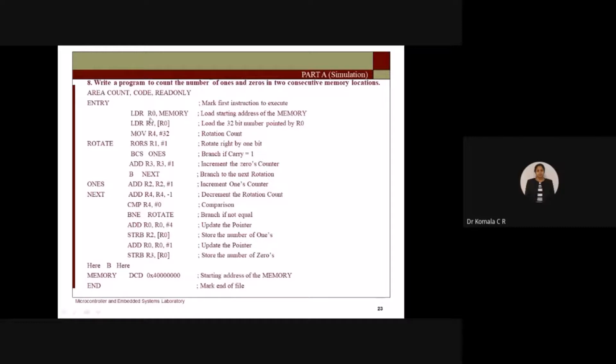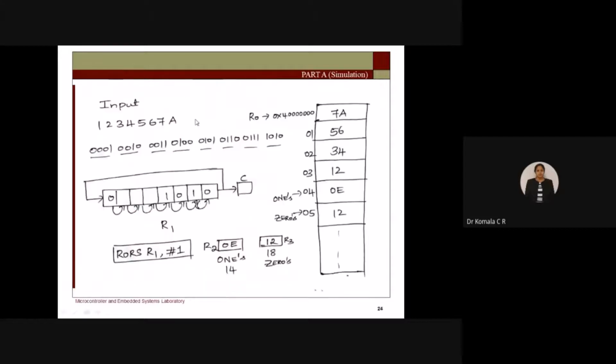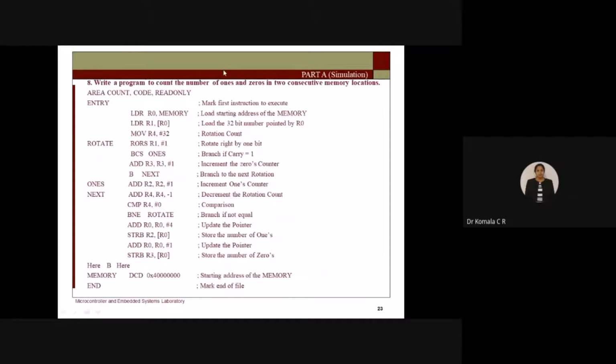Fine. So what is the first step here? LDR R0, memory. Load the register R0 with the starting address of the memory. That means R0 gets loaded with the address 0x4000, so R0 is used as a pointer to that location.